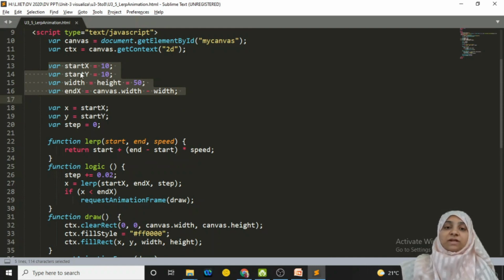We have one variable, start x, which is giving the starting x coordinate of a rectangle, that is 10. We have start y, which is the starting y coordinate of the rectangle. Width and height of the rectangle are the same, set to 50. Now the ending, or last point of the rectangle up to where your rectangle must go, is canvas width